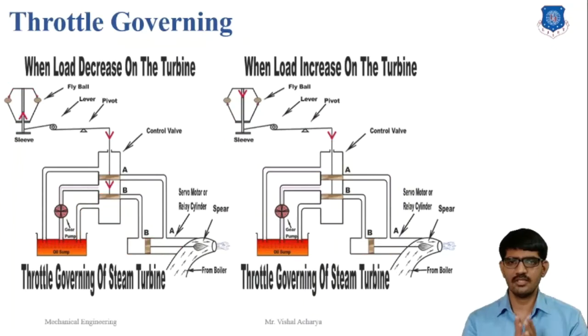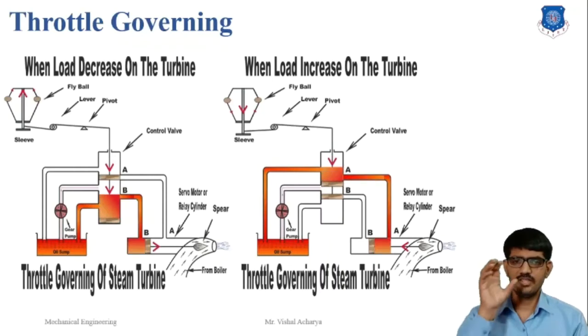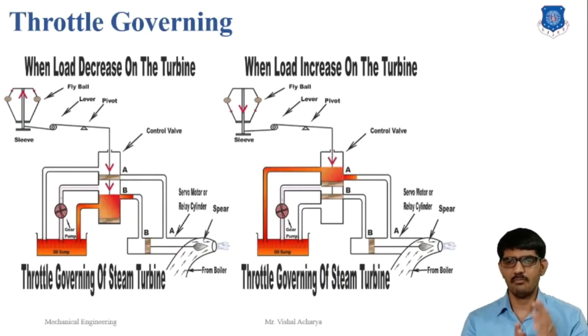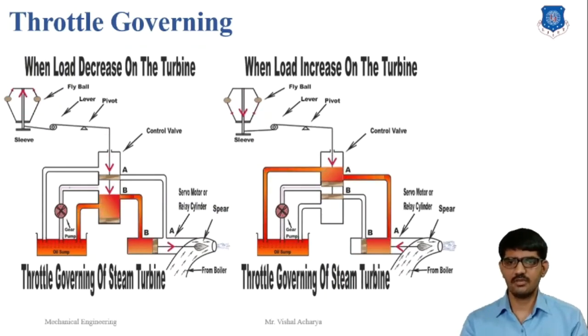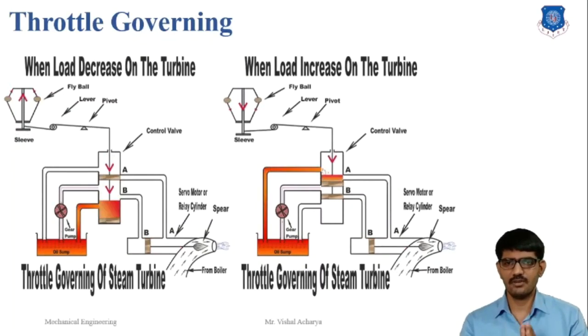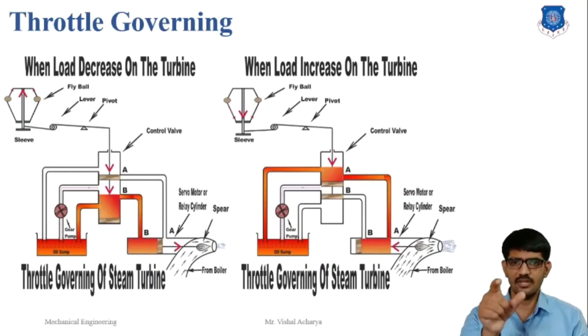It is also known as the servomotor method. In this system, a centrifugal governor is driven from the main shaft of the turbine by a belt or gear arrangement. A control valve is used to control the direction of oil flow, which is supplied by the pipes A or B. The servomotor or relay valve uses a piston which moves toward the left or right depending upon the pressure of the oil flowing through pipe A or B. Here this cylinder is connected to the needle which moves inside the nozzle as shown in the figure.